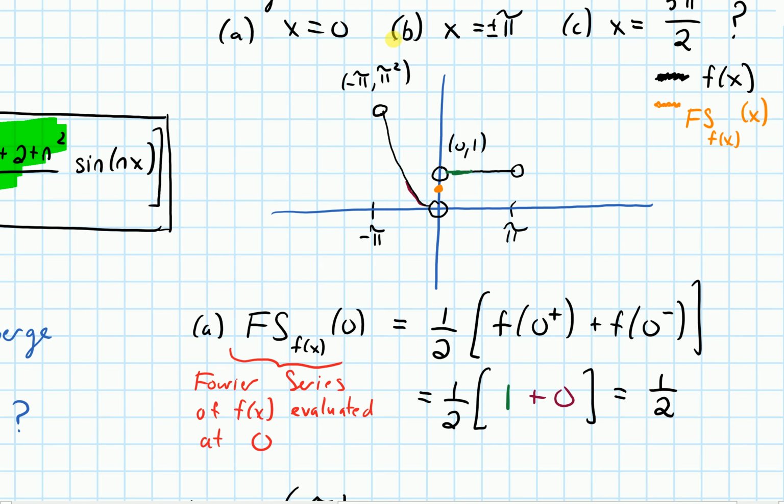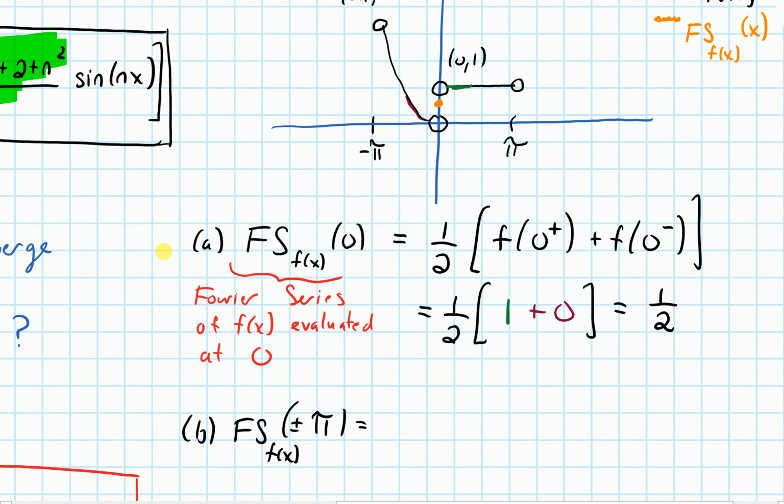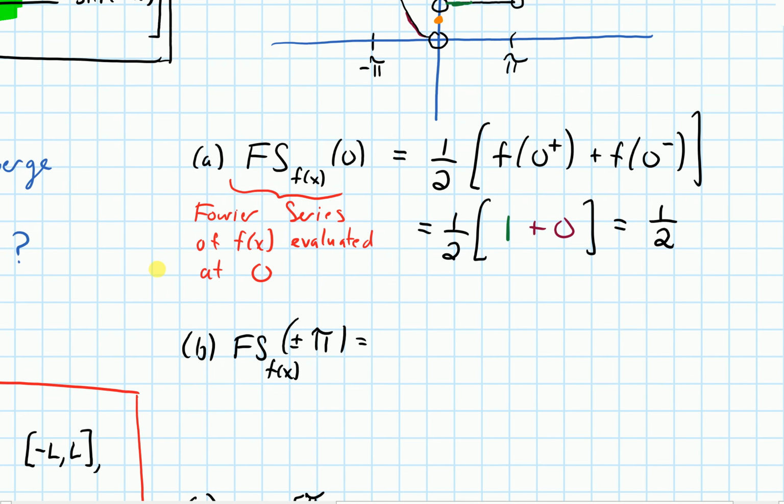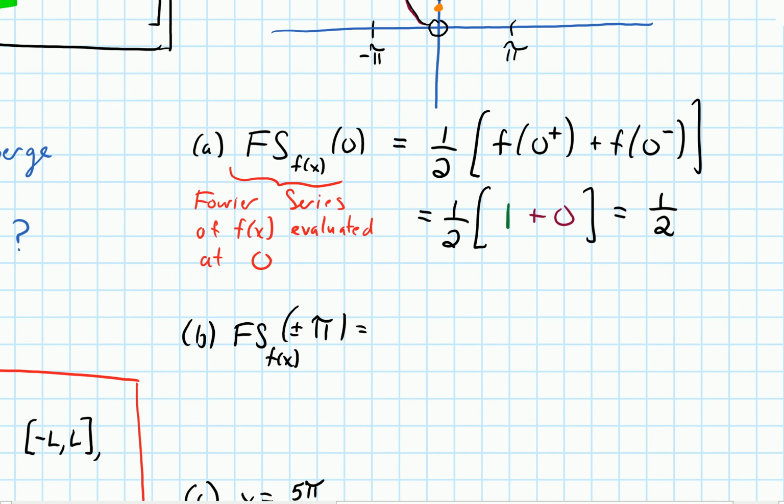What is the Fourier series going to converge to at positive and negative pi? So what is it going to converge to at positive and negative pi? These are endpoints of our interval. And at the endpoints of our interval, we are going to get 1/2